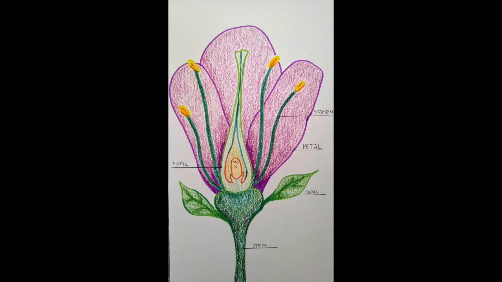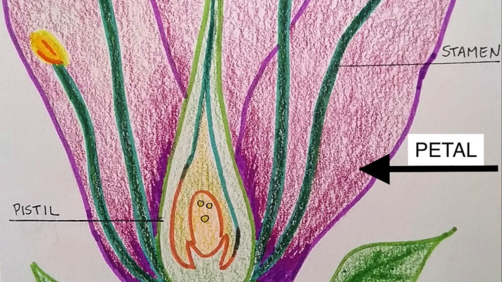This is a picture of a flower that I drew, and I drew it so that it looks like the flower has been cut in half so that we can see the inside of the flower and learn more of the parts. So the first plant part I want to talk about is the petals. And the petals are the purple part right there. Petals are usually nice bright colors to attract bees or other insects to come get the pollen, which will help